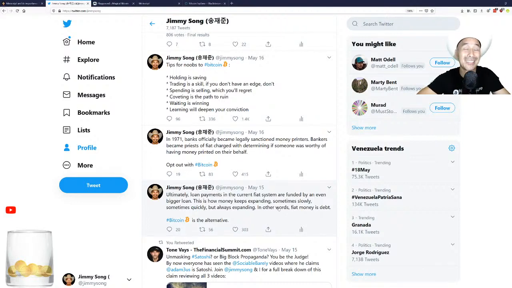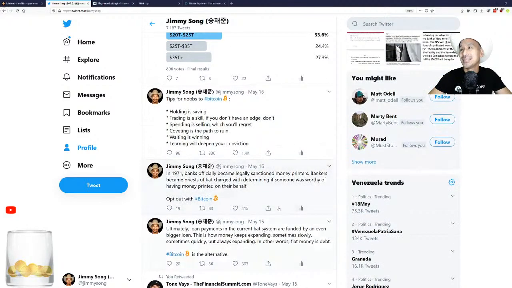This is how money printing is done, and that was what I was pointing out. In 1971, banks officially became legally sanctioned money printers. Bankers became priests of fiat, charged with determining if someone was worthy of having money printed on their behalf. Opt out with Bitcoin. And this is something that I read in Ethics of Money Production, is that in 1971,